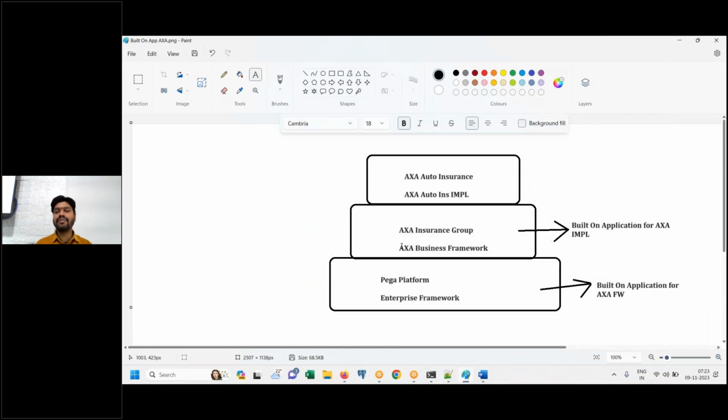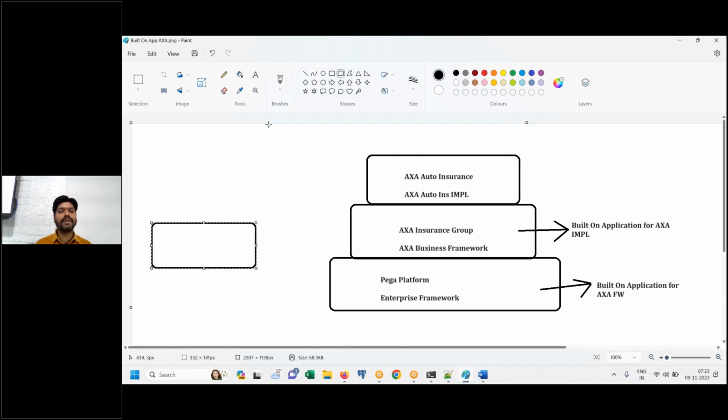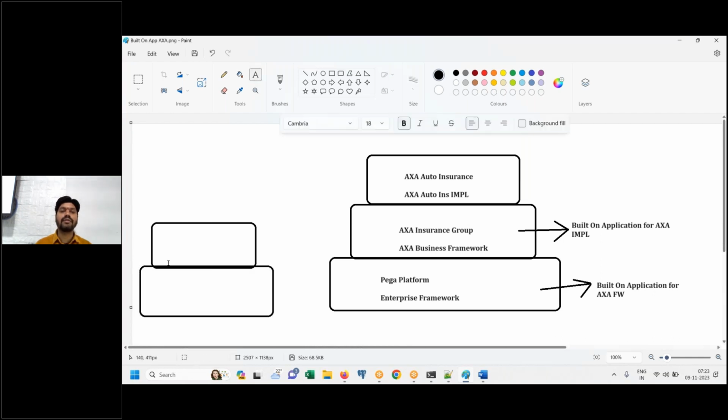Imagine this is what we created already. Leave aside Theme Cosmos. Imagine this is there. There is one application available in Pega, on the Pega platform. Obviously, any application you create, you would be creating on top of the Pega platform. There is no doubt about it. And you created an application by the name Application A. Already this is available in the system, and this is also already available in the same system.